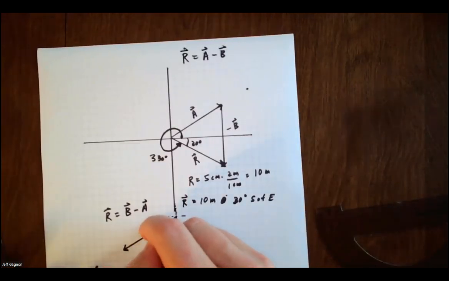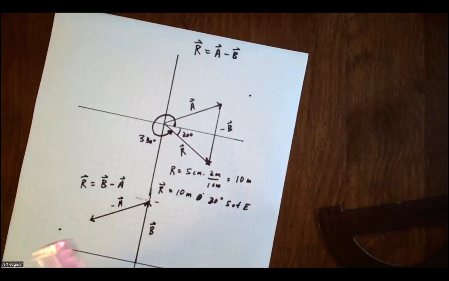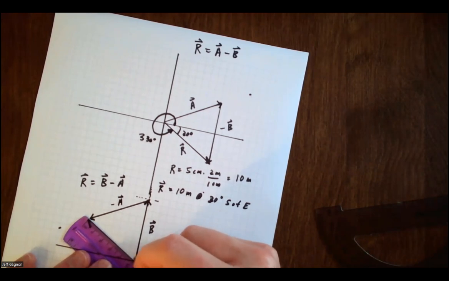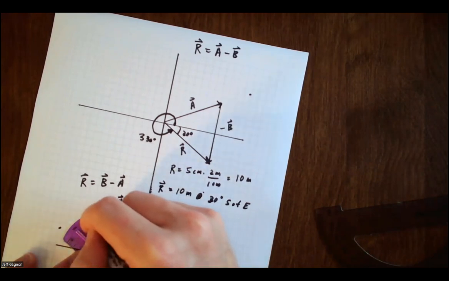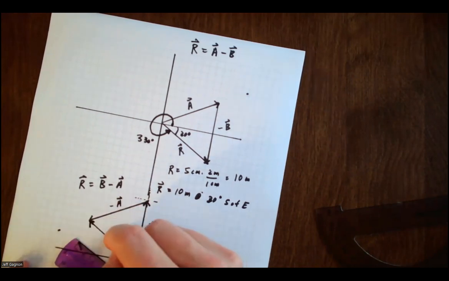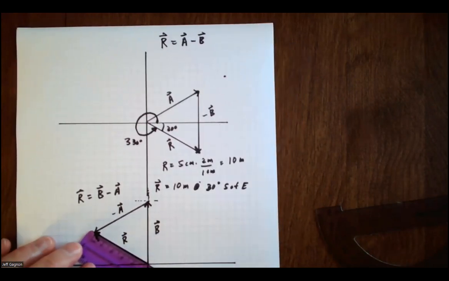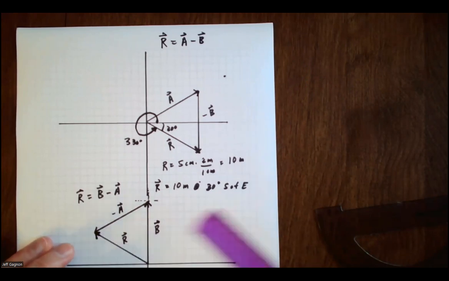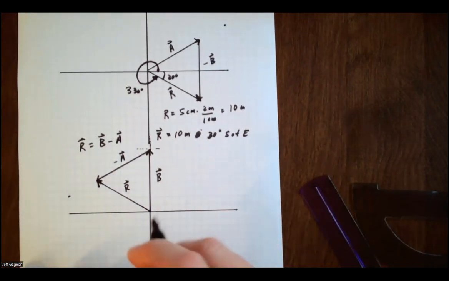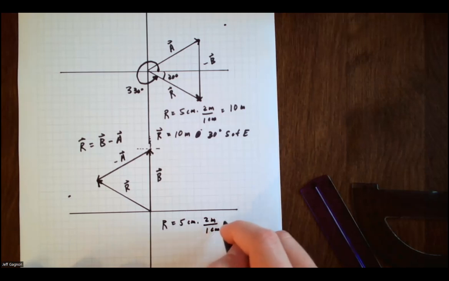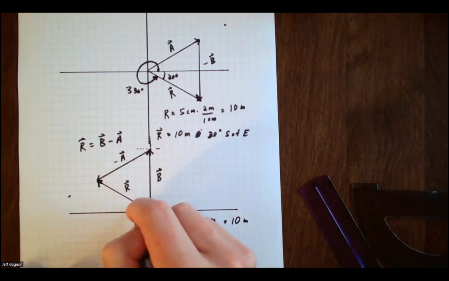Right, that's negative A. So B plus negative A, well, the resultant is going to be from the tail of B, from the origin to the tip of negative A. So like this. And if you measure that, it's pretty much around 5 centimeters again. So I'm going to say it's 5. So R here is 5 centimeters. So if I convert back to meters times 2 meters or 1 centimeter, that is again going to give me 10 meters. And then if I measure this angle,